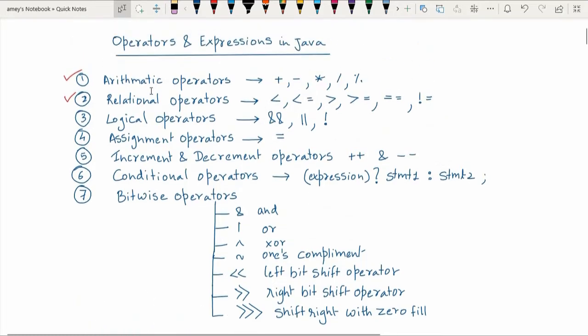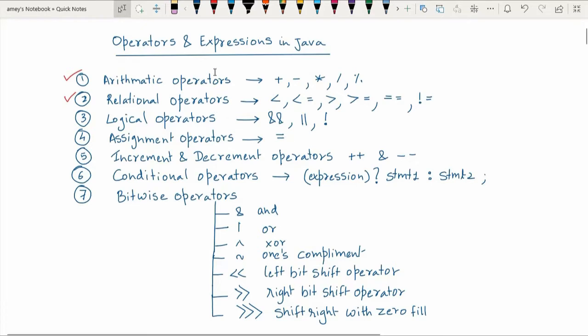Okay, we will hold back the usage of the relational and logical operators till we do loops, because only after doing branching and loops, we will actually be writing the programs wherein we will be using these relational and logical operators. So until that time we will restrict our discussion on relational and logical operators. Coming to the assignment operator, we have already declared so many variables. So assignment operators we have already seen.